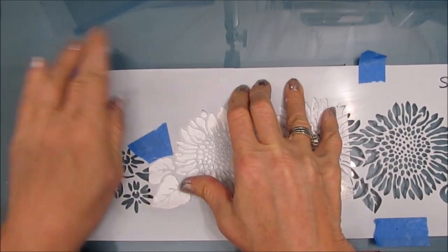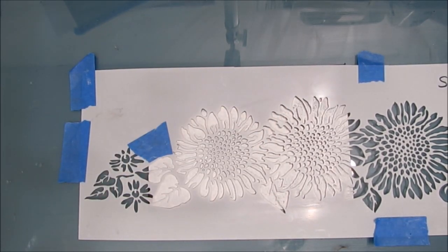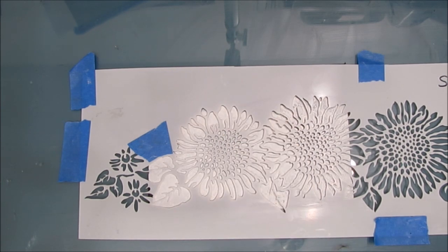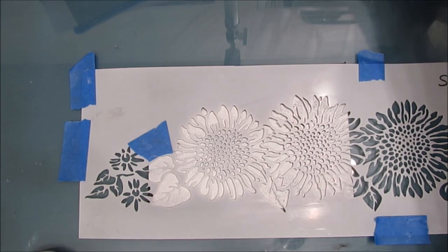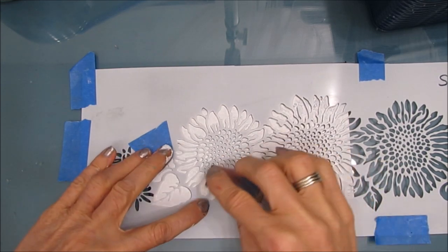Now I'm placing that stencil back on as closely as I can, attaching the tapes, and now I'm ready to add color. I'm using yellow oxide, orange, quinacridone magenta, cadmium yellow as well. Just a combination of colors. I think I also used burnt sienna. And I'm going to blend those straight on the makeup sponge as I apply it to the